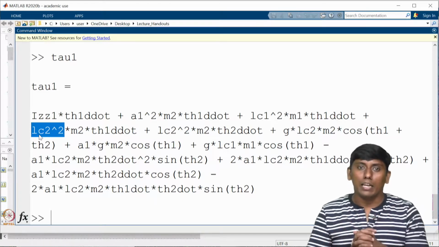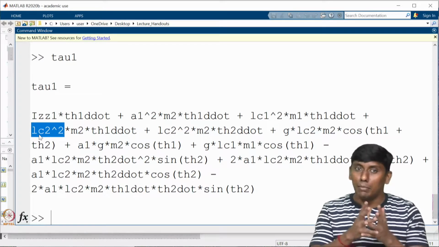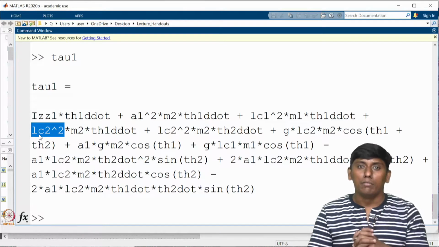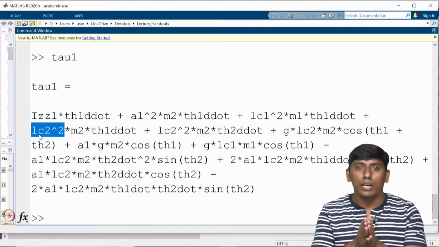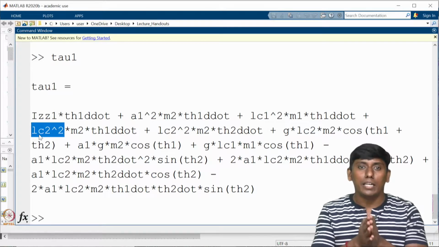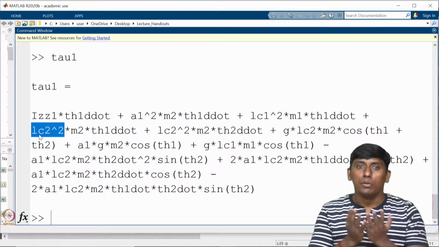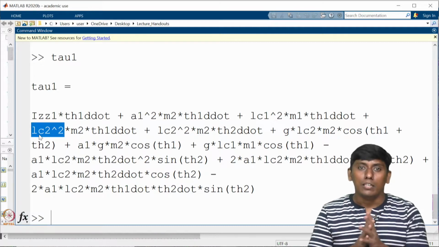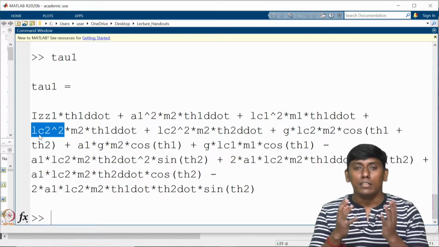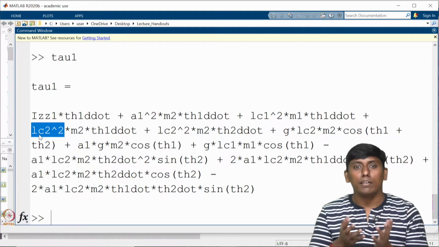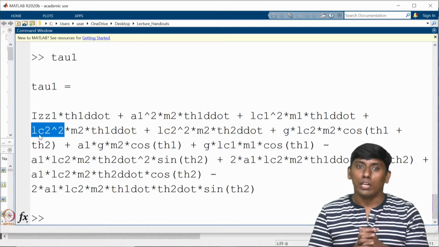Anyhow, in the next lecture, we are going to see the Lagrangian-Euler formulation method using MATLAB. We will take the same example, but right now what you have seen is how to use the Newton-Euler method in the MATLAB environment and derive the equation of motion. Probably, if time permits, in the example class we will see the same code and how we can extend it for higher order systems, in the sense of higher degrees of freedom, so that we will see.